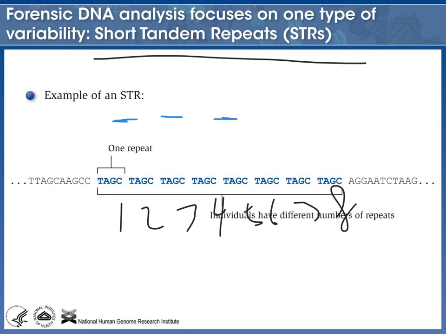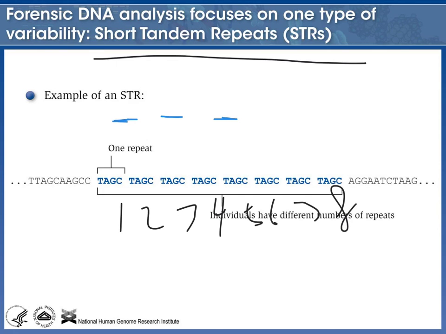Well, you would say that they're probably not related. Of course, if you had a strand that was 8 repeats long, you could say, well, maybe they are related. Well, of course, if you only used one STR, you'd find a lot of people. But if you have like 16 different STRs spread across all these different chromosomes, the odds of having the same number of repeats